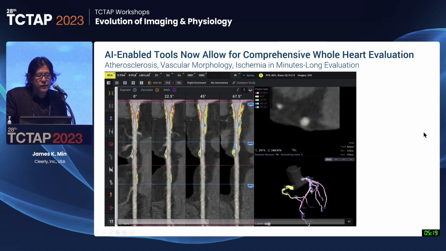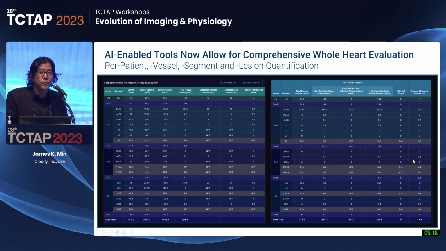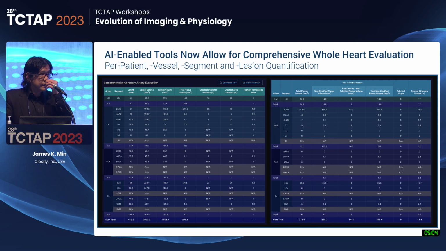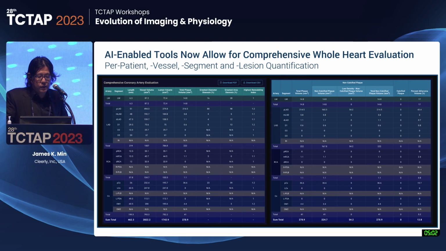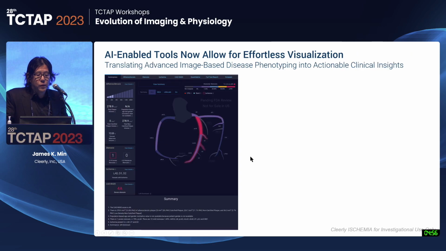What we do with all of these measurements is extract them, and then everything related to the coronary artery and everything related to coronary atherosclerosis is now curated for you on a per patient, per vessel, per segment, even down to the lesion level, so that you can assess these lesions with great confidence and quantification. But the problem is that nobody wants to look at all these numbers either. So we made a web-based platform that would be easy to use, that would summarize all of these quantitative features so that within just a simple picture and some infographics, you understand everything that's really going on in this patient related to atherosclerosis, to stenosis, to ischemia, to some scoring systems,